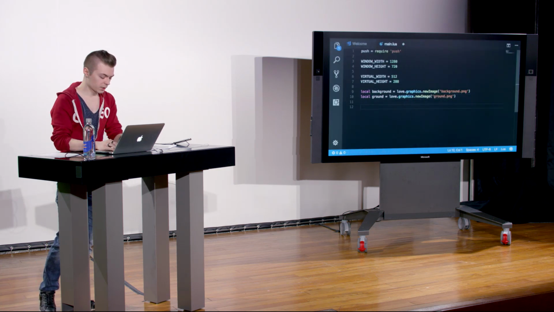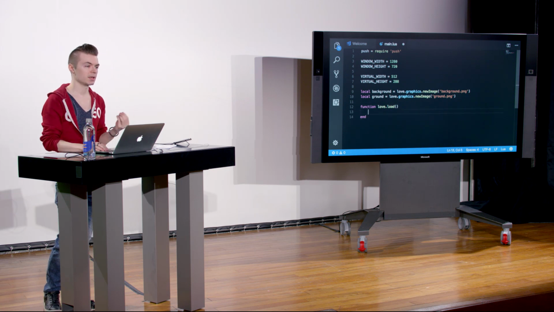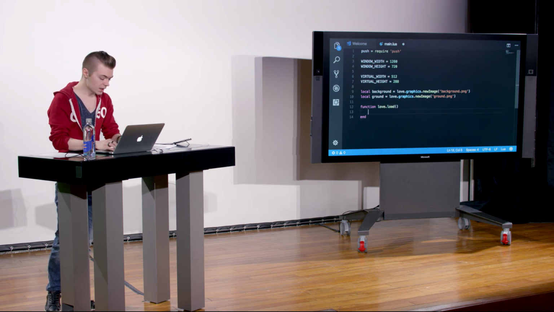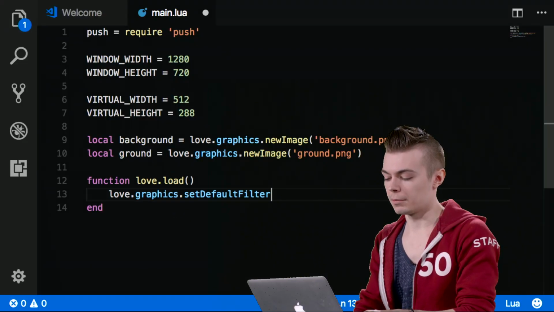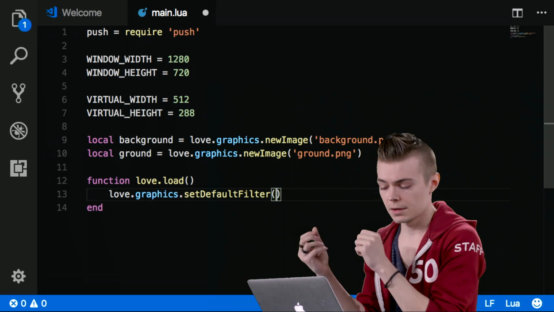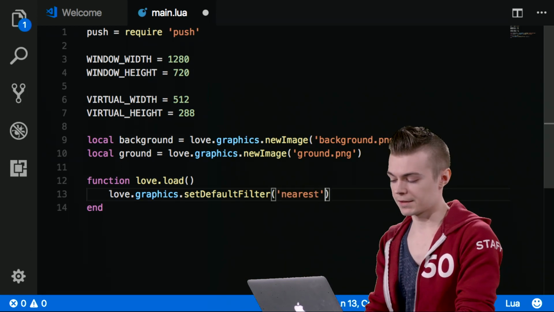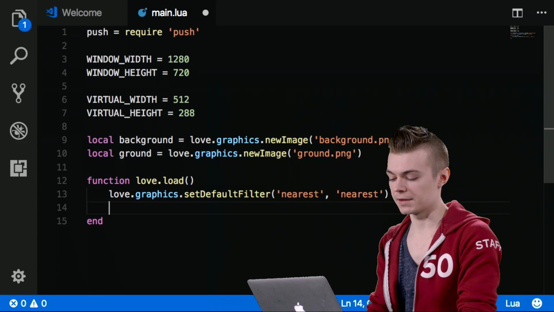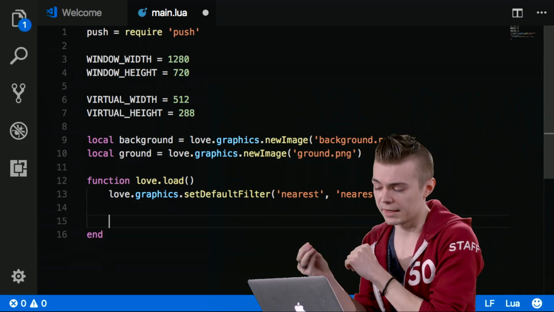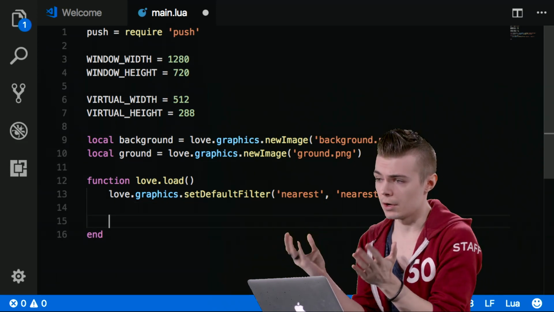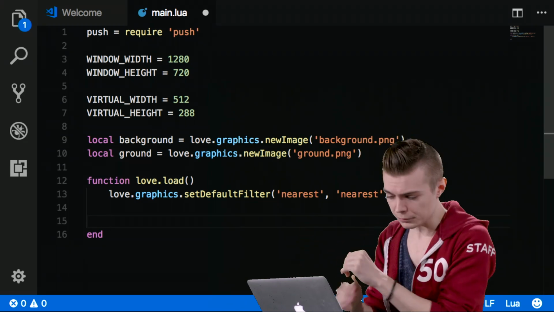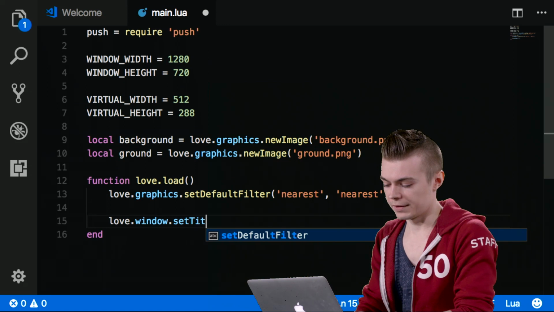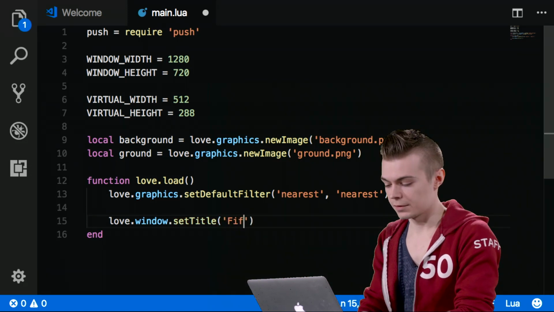As soon as we're done with that, we're going to define love.load, which is the function love2d calls at the beginning of your program execution. In there, because we don't want these images to look blurry when they get loaded and upscaled, we want to set our default filter to nearest on min and mag, which means on upscale and downscale, apply nearest neighbor filtering, which means no blurriness, no interpolation of the pixels. And then one thing that is just a small little touch,